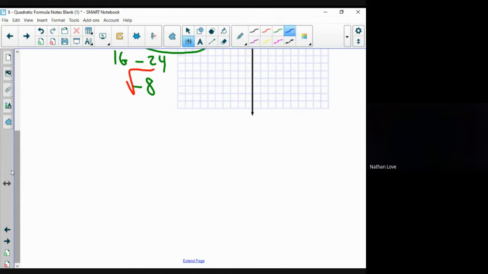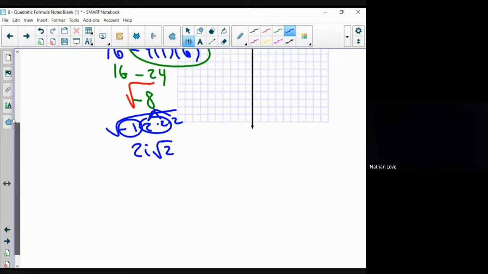This is going to end up being 2, 2, and 2, correct? With a -1, and I'm taking the square root of that. I circle the -1 and a pair of 2s. I get 2i root 2. That is what is underneath the radical. So this whole thing that we just did, b squared minus 4ac, we already did this part. This is the hardest part for you. When I'm using the quadratic formula, this part, if you're going to screw up, I know you guys can